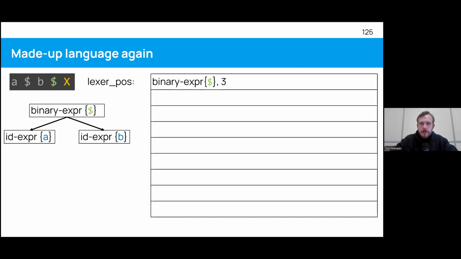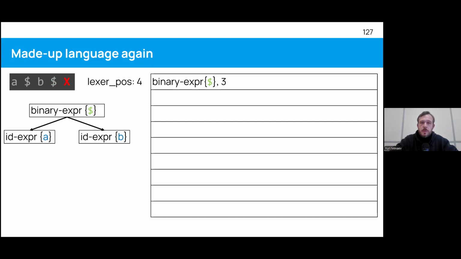And then we consume that. By the way, we are still in that loop in the binary expression I showed you. So we consume the dollar sign, so far so good, and then we have a problem because a binary expression doesn't know what to do with the capital X. It only wants an ID as its right operand.